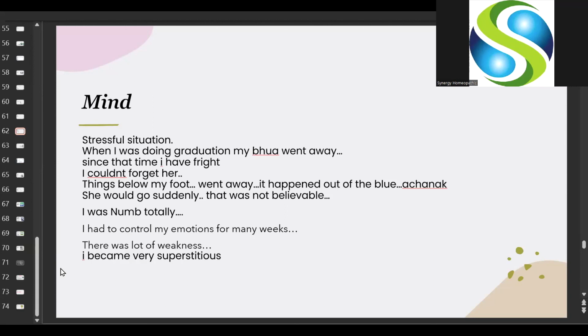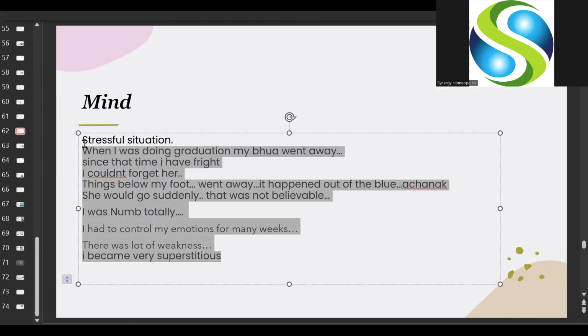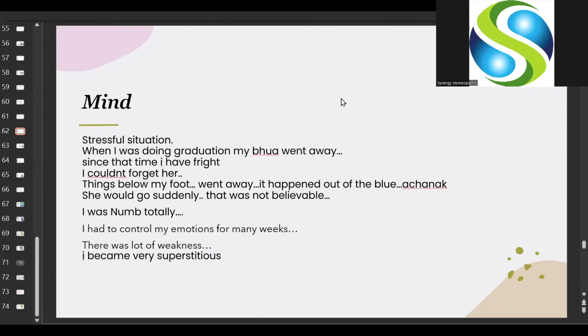She was so young. This lady is now 35 or 36, but earlier she was in her mid 20s, and she told me that she was totally numb, and she had to control her emotions for many weeks, and there was a lot of weakness, and she became very superstitious. So what we do is, you can pick up these words, you just copy this case, and I'll take you to the software